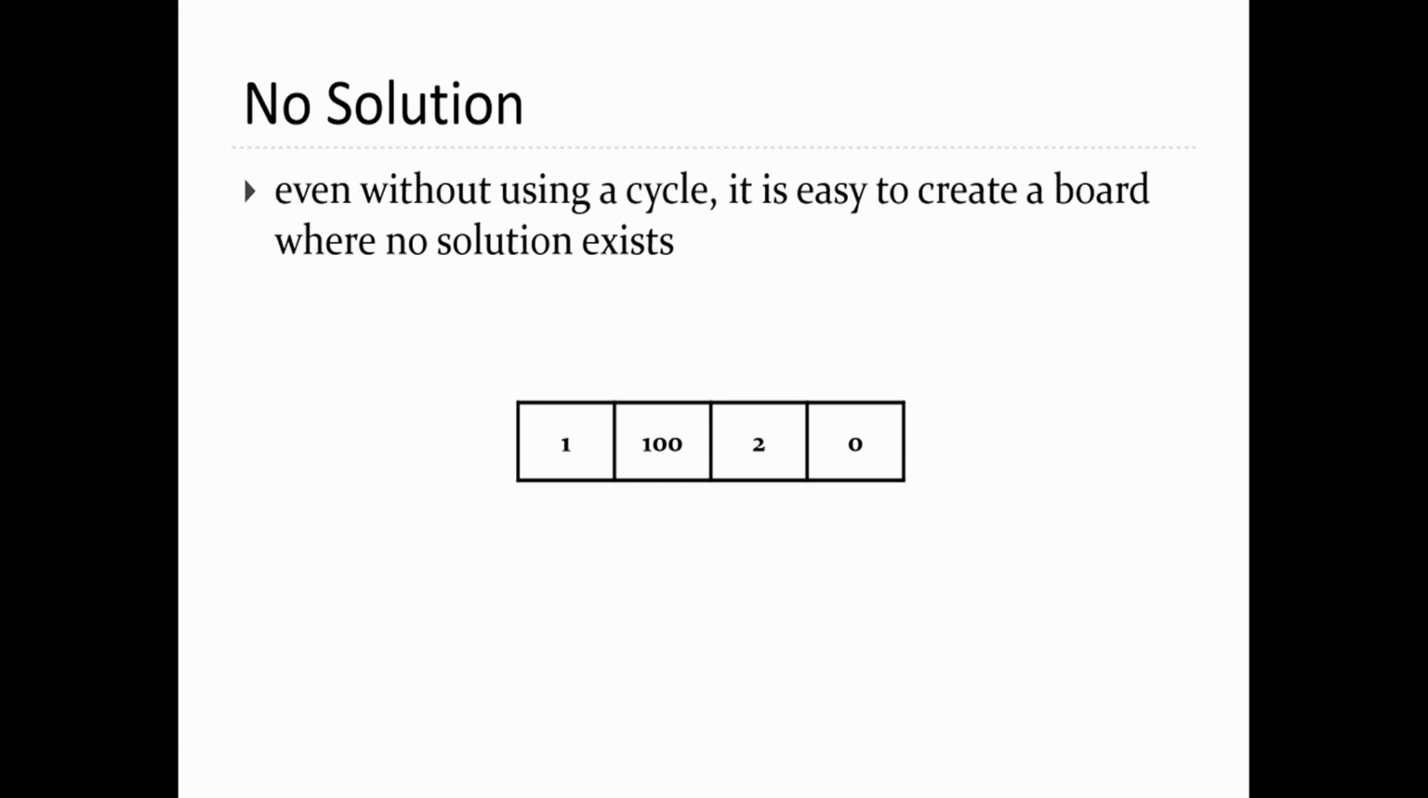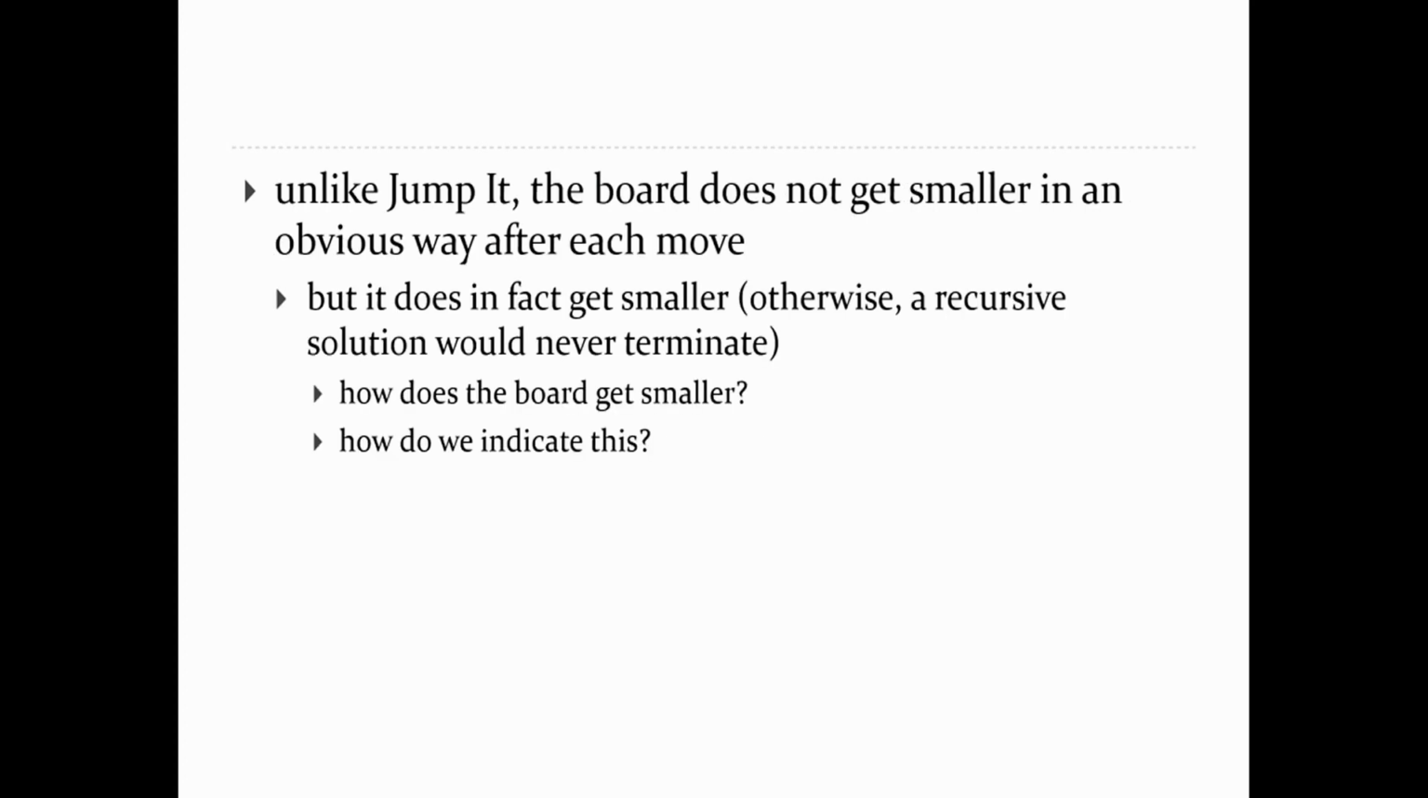And you don't need cycles to produce a board that has no solution. Right? So here's the board, 1, so I have to go to the 100. Once I step on the 100, there's no further legal move to make. Right? And therefore this board's not solvable either. Okay, now